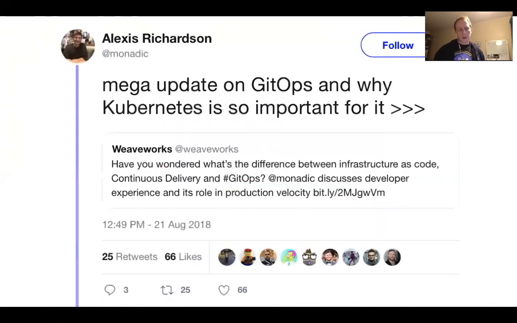And then finally, Alexis Richardson, who is chair of the TOC at the CNCF, a well-renowned speaker on Kubernetes, he's coined this whole term of working around Git as GitOps. Now, GitOps means that you put your code into Git, and that triggers deployments. And when there's a problem in the system, we look back at Git to realize what we should have deployed there.